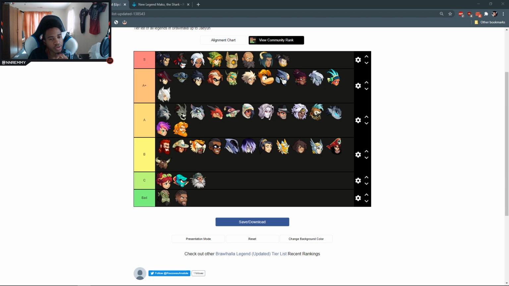What stops Mordex from being A+? Nothing. He could be A+. Like I said, you can easily just move him up and down. Doesn't really matter. He's also just a good place to start A. I think he's honestly, I don't know. I feel like